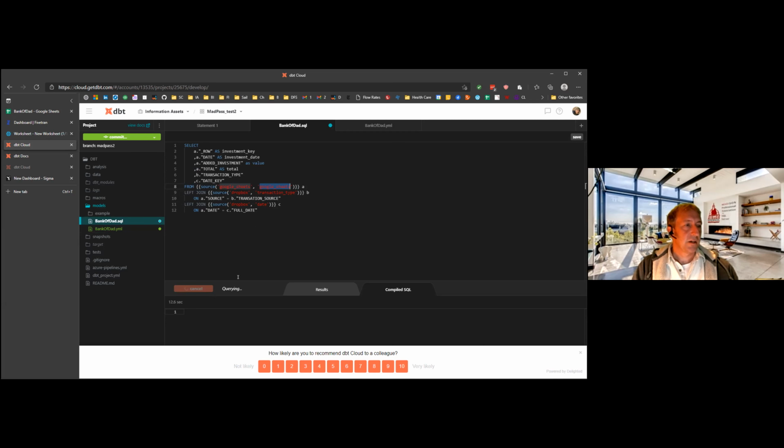And this is pretty slow. I find this kind of annoying when you want to test your DBT models, running the query. Snowflake is really fast. Why it can't be fast here, given that it's just pushing the data back to Snowflake, I don't know. But for some reason, it takes a while to run queries.